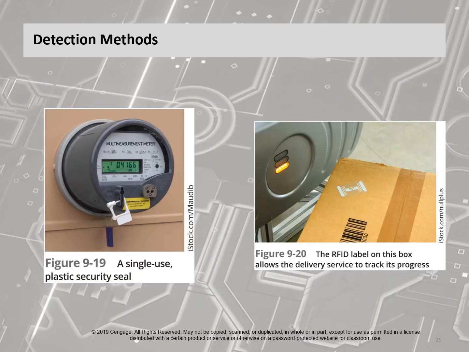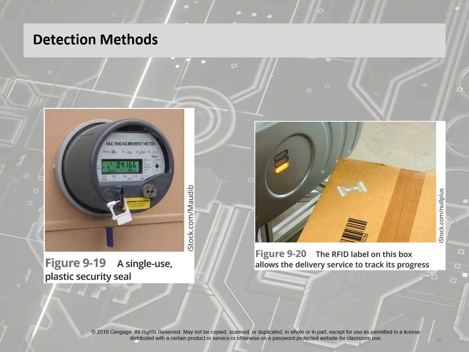Here we have a single-use plastic security seal. This is something that's actually pretty common. Inside of that security seal, specifically the stem that you see passing through that padlock hole, is a metal tube. So essentially the idea is that you come through with a bolt cutter or similar and you cut it, and you can use that to open up the meter and make modifications, things like that, but you don't have something to reseal it with. So the seal has a stamped serial number on it, so whenever somebody opens it up, they have to make a note, clip the seal, replace the seal,